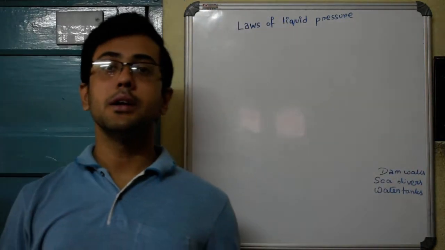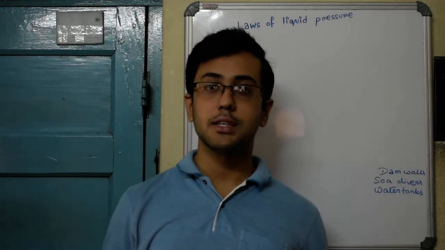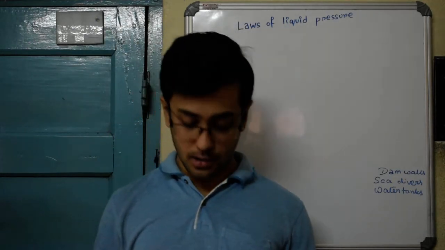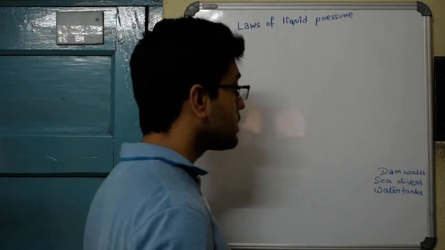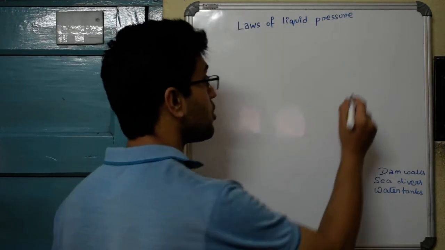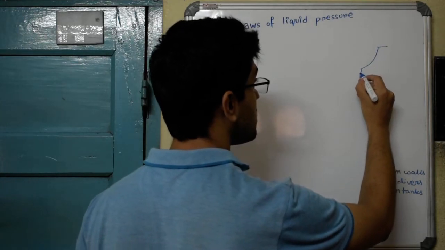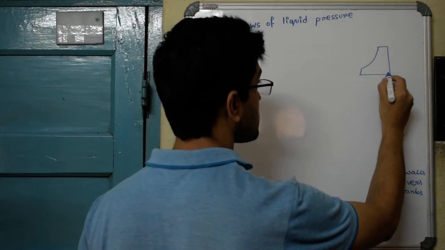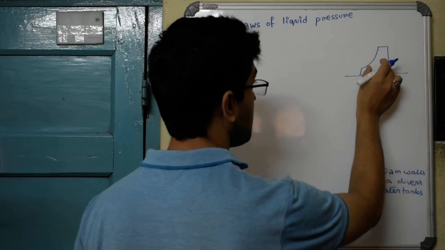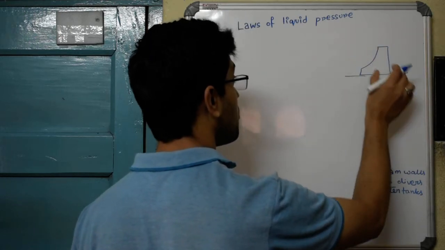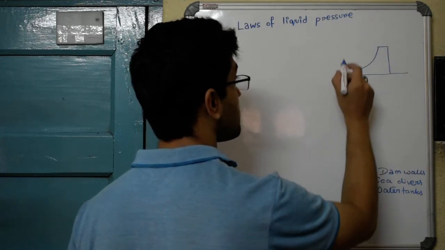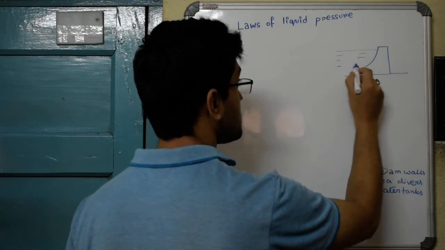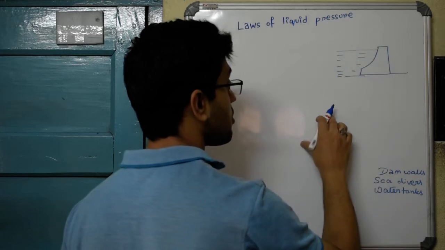Now there are certain consequences of this liquid pressure as well, just like the pressure we did earlier. What are these consequences? One of them we already discussed, it's the consequence of the dam walls. As I showed you in a diagram, if you look at the picture of the structures of dams, you will find that the base of the dams are much broader in size than the upper portion of the dam.